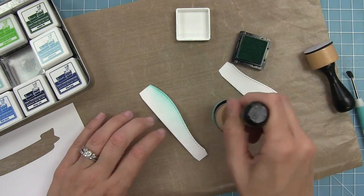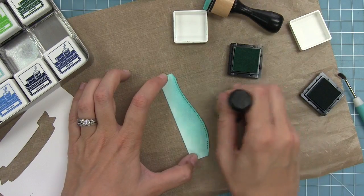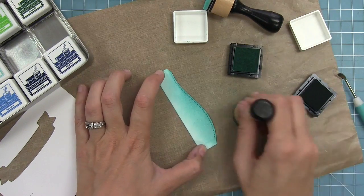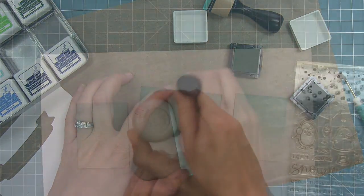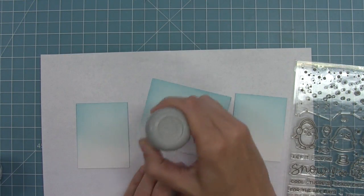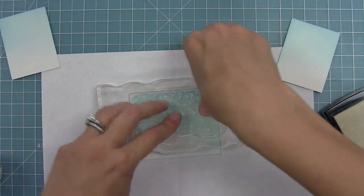Then I cut the little hills that go inside of the shadow box, and I'm using some Merman and Peacock ink for these hills to create water. So I'm adding the Peacock to the top edge to kind of define it, and then the Merman towards the bottom. Now I'm using my anti-static powder tool here to go along all of my pieces